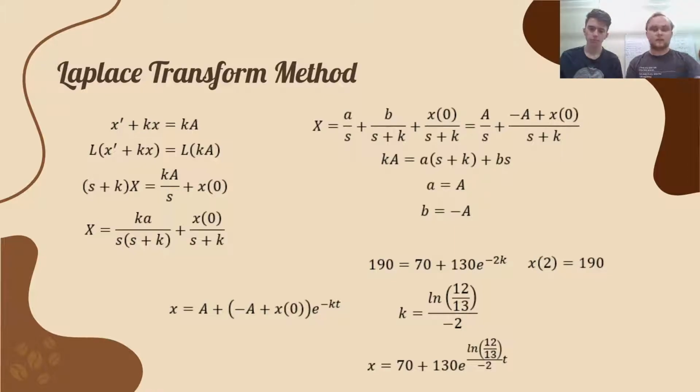And then from there, it's effectively plug and chug again. We plug it into the equation that we have, which is the 190, we plug in x of 2 equals 190. That gives us our 190 equals 70 plus 130e to the negative 2k, which solves the same way, and we get the same equation. A couple more pointers on this slide is that we're able to take the Laplace because our initial